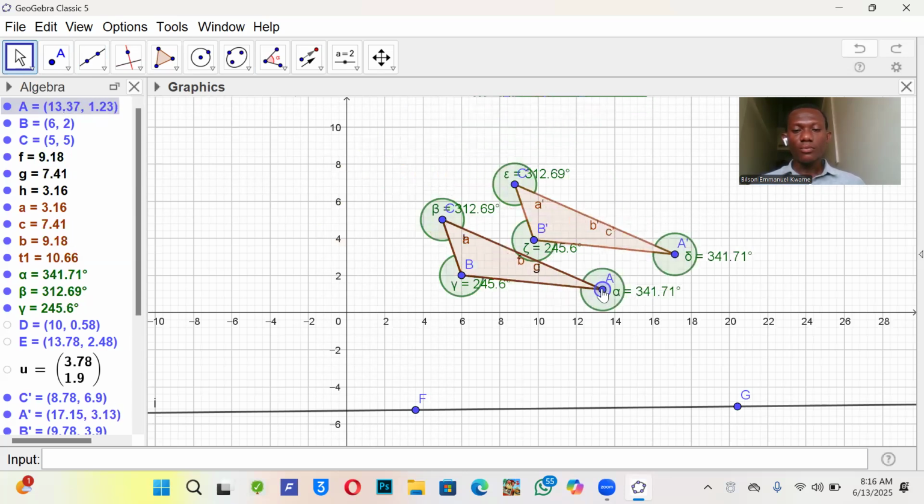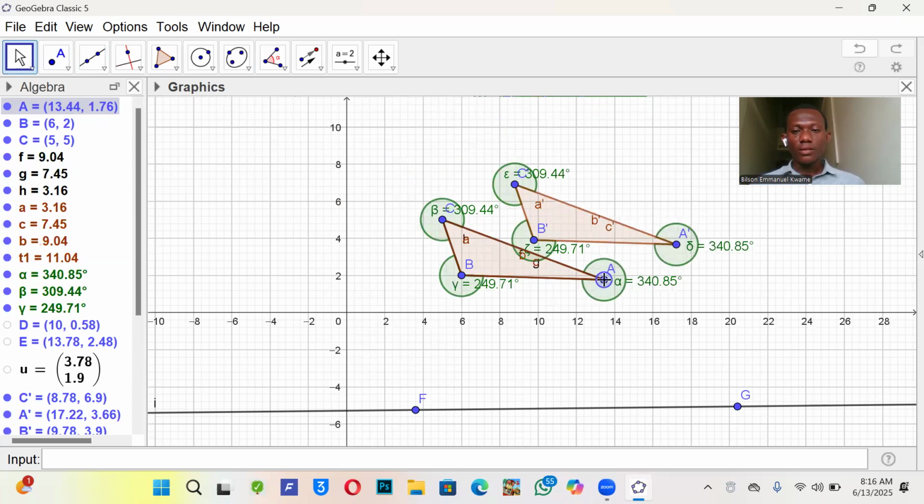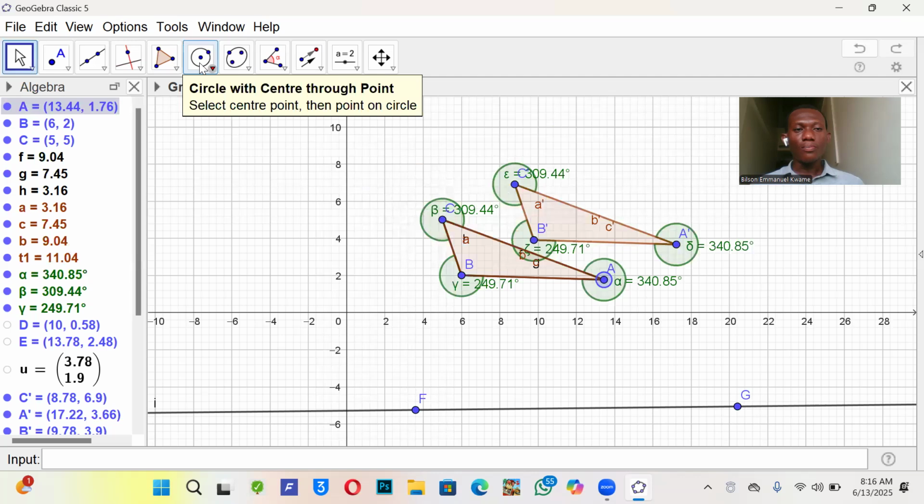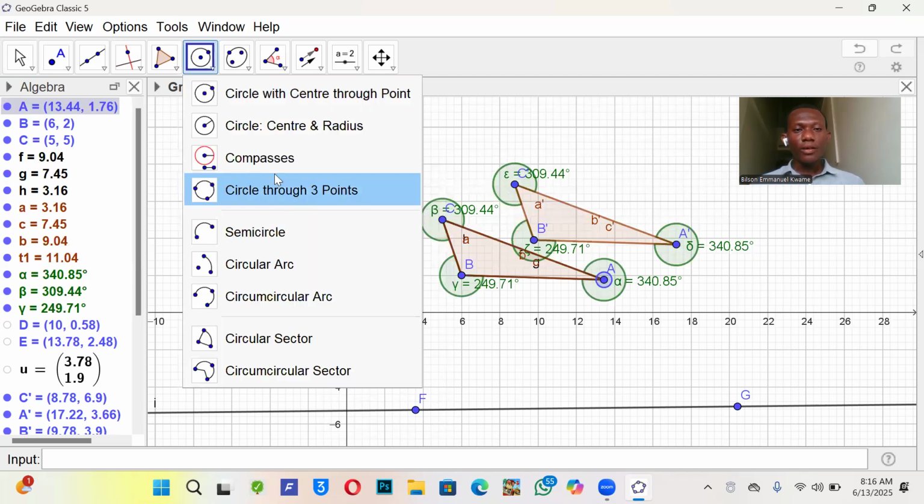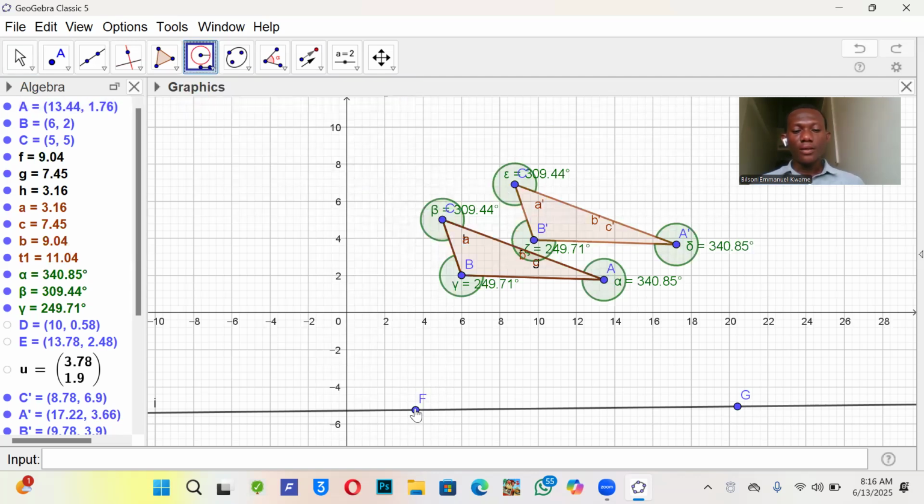I want it to be in a position. Okay, this is okay. I'm going to clone the original triangle, this triangle, right? This is the original triangle. So after drawing the line, I'll use the compass tool here. Then you activate the compass tool